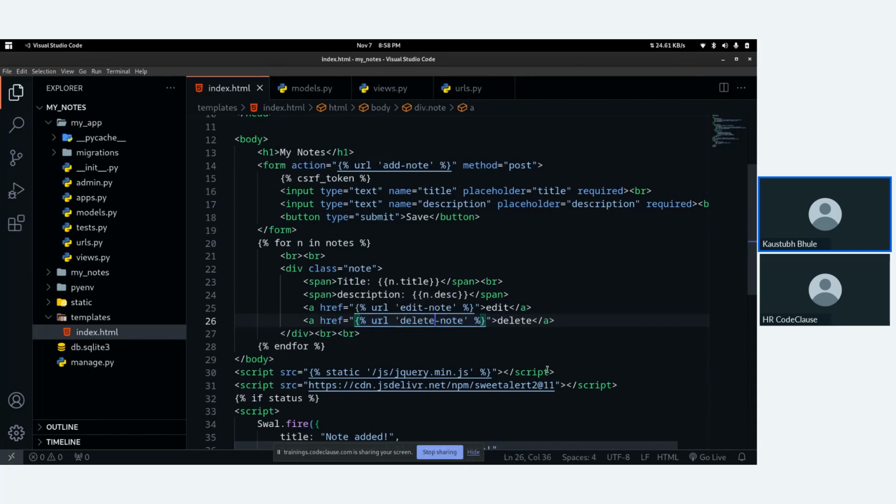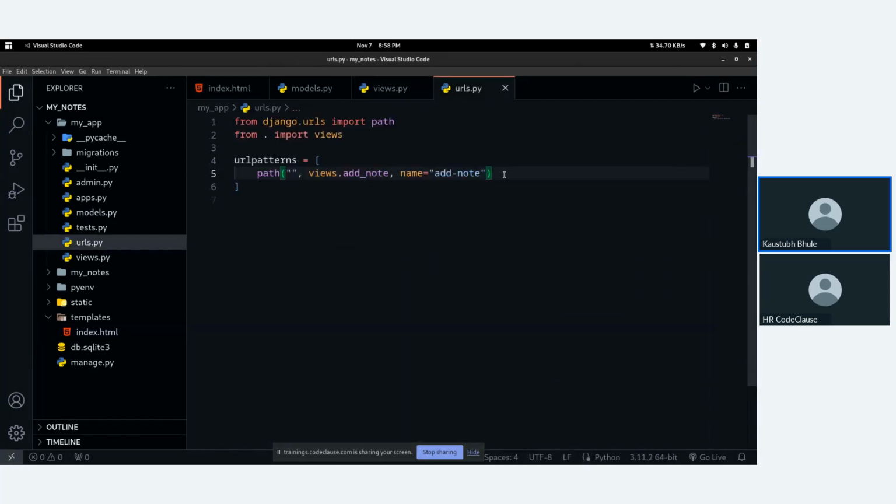Delete note. Fine. Then we will also add path here. We'll paste it 2 times. Let's say edit hyphen note. Now we need a specific note ID to edit, right?